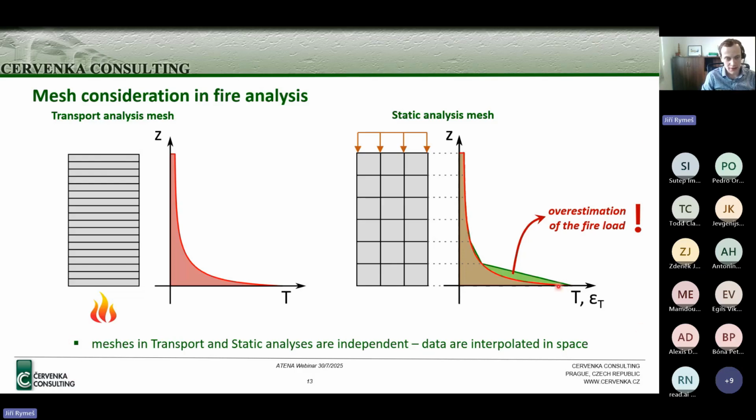So of course, from the perspective of being on the safe side, it's fine. But if you then start to debug the model and, for example, want to compare it with an experiment, you may find that the damage is too high compared to what happens in reality. So maybe